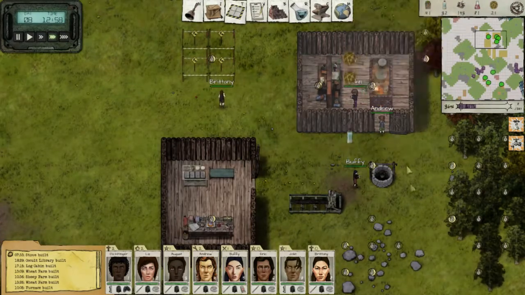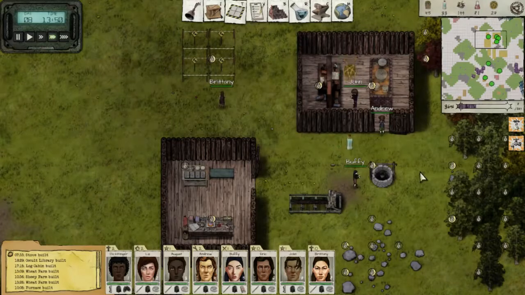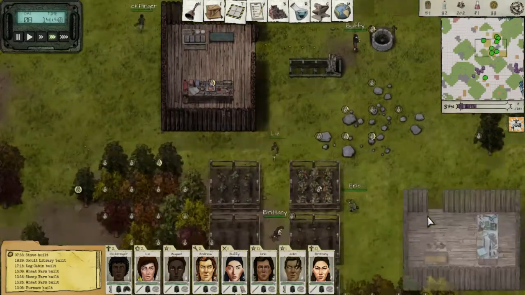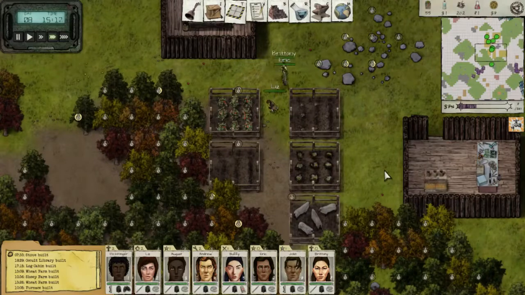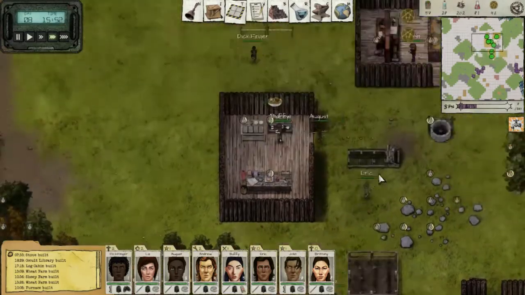Alright, so water's finally starting to come up now that we have somebody actually working on it for an extended period of time. Food's coming up nicely, using up all that wheat. Things are certainly looking better. These two are keeping the farms going nicely. Farms seem to want a lot of attention, but